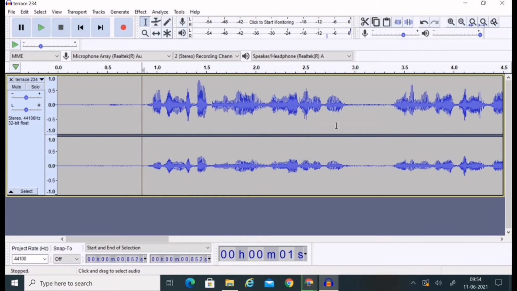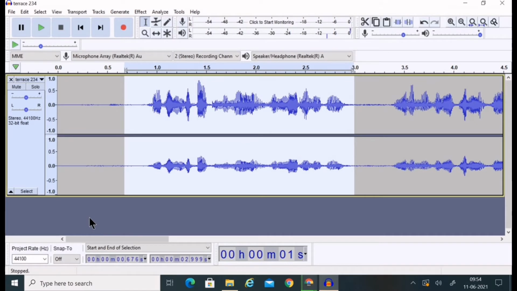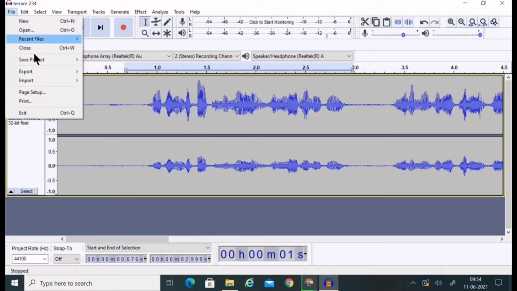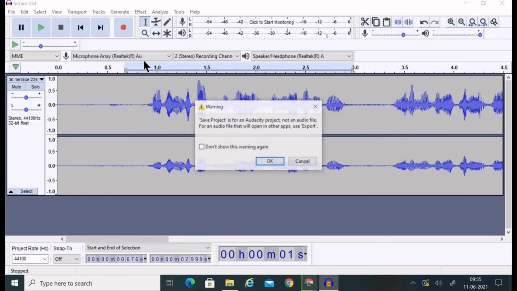I'm okay with this. I like this. So what I'm going to do is go to file. See, you can also save the project, which means you are working on this Audacity as a project. Apart from exporting this audio, you can save this project so that you can come and work later. You have to select save project. There will be a dialog box saying that it is not export, it is just saving. You won't get that audio file, you will get a project in Audacity. That's okay, we will do that differently.